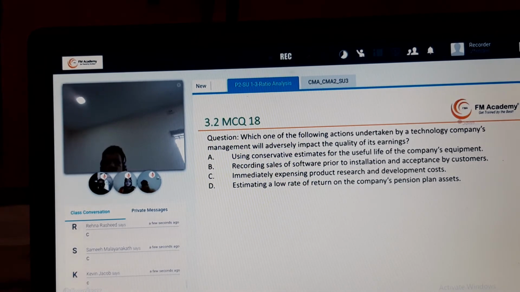What is quality of earnings? The quality of earnings is the quality that the earnings are predictable. What the forecast would